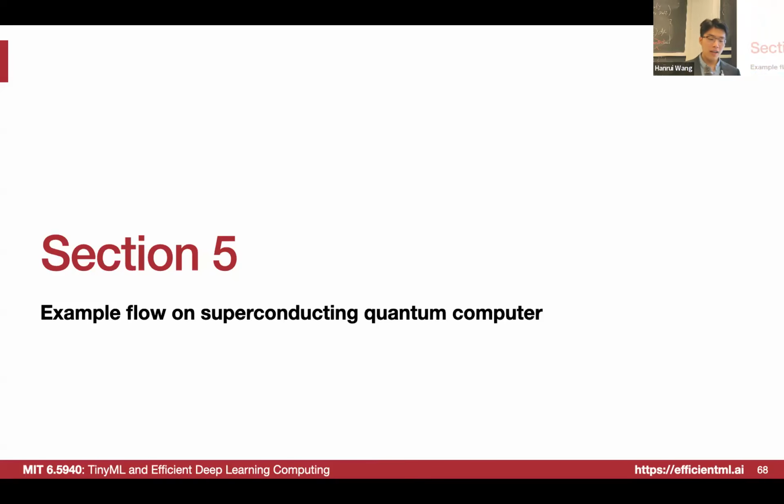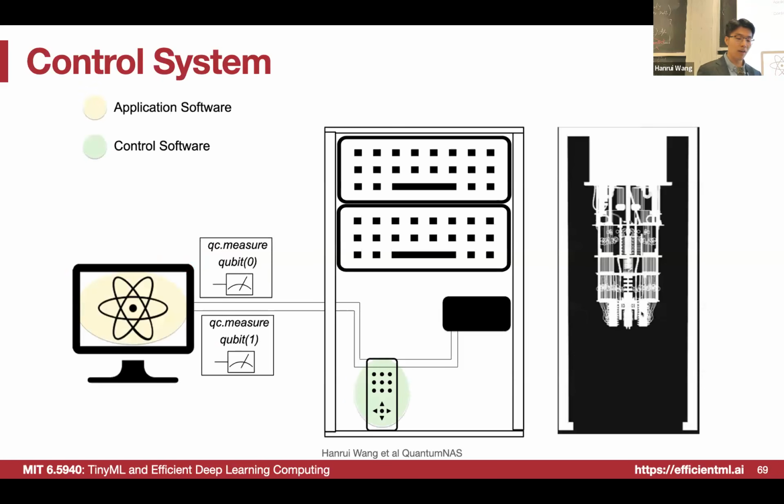Okay, and finally, I want to give an intuitive understanding of how we use the superconducting quantum device to execute all the circuits we just introduced, right? First of all, we have this classical laptop, right? We do all the programming and also all the construction of the circuit in a high-level language, maybe in Qiskit or in TorchQuantum, and say we write this qc.measure. That means we want to do measurement on qubit 0, and then maybe we want to apply some gates.